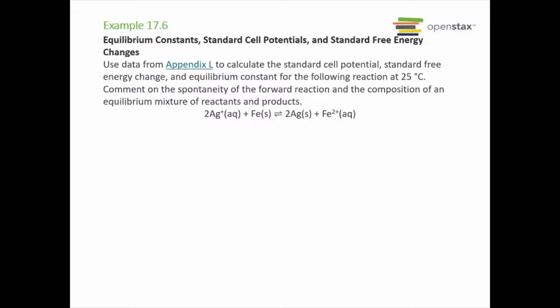All right, so to get our standard cell potential, we need to use that Appendix L data since we have a nice redox reaction. So our anode, we have iron going to iron 2+, since our anode is where our oxidation is happening. So that is Fe solid going to Fe2+, and that means it's making 2 electrons. And this potential here, I'm just going to call this E° for oxidation, is equal to negative